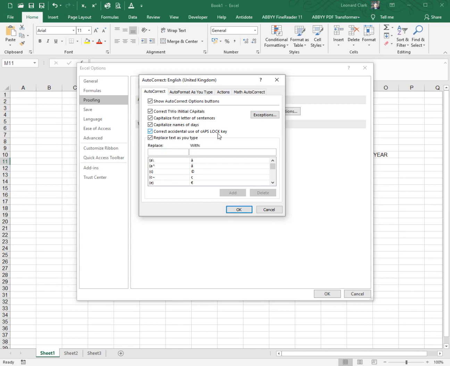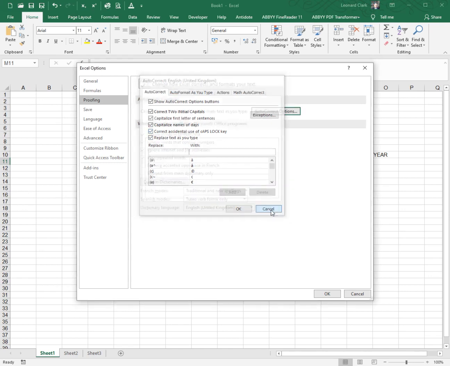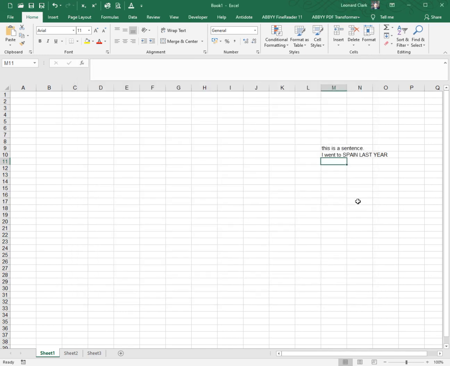Correct accidental use of caps lock key. Now this may be down to the algorithm that identifies it's a caps lock key, and for some reason it thinks it's not, but even when I've done it with only the first three or four letters in caps lock, it hasn't worked. Now there is actually a way, I'm not sure if it will work with this, I haven't tested this specific sentence, but you can go up to